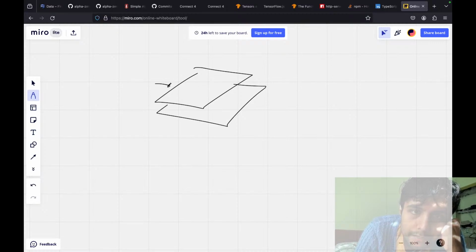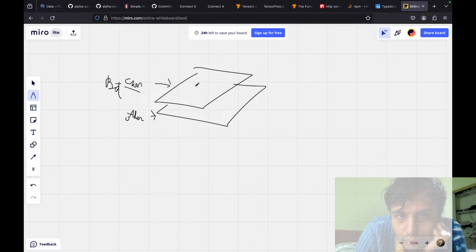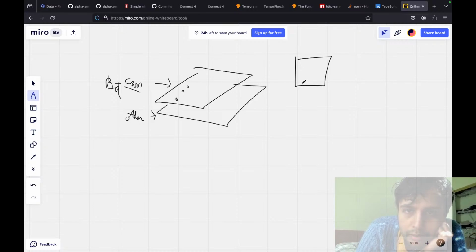This would be the current player, and then that would be the other, which in this case is the bot. And if you have, let's say, 3 right there, then that would correspond to 3 right here.